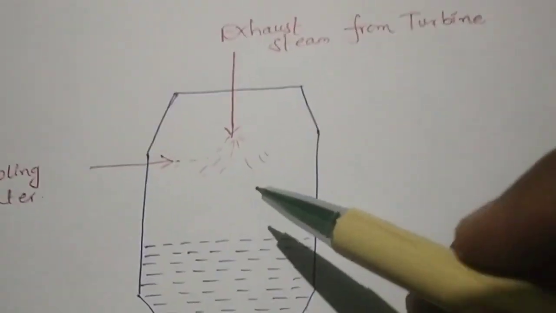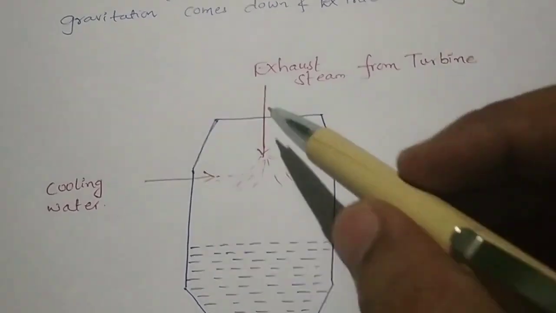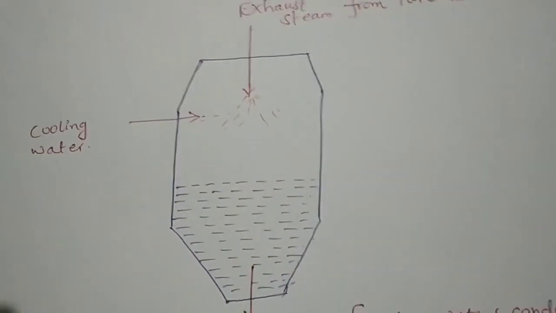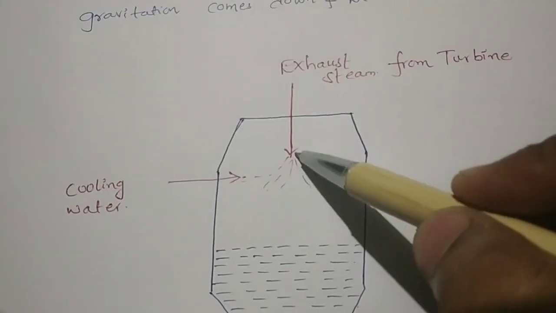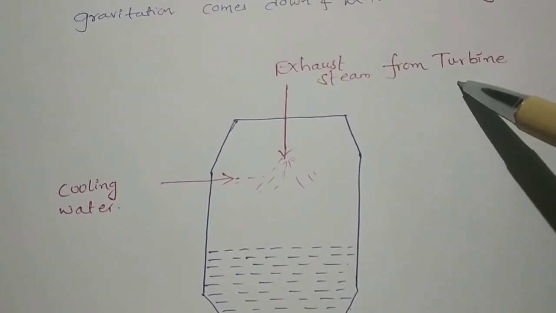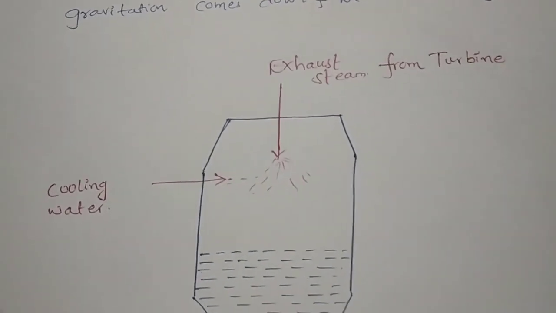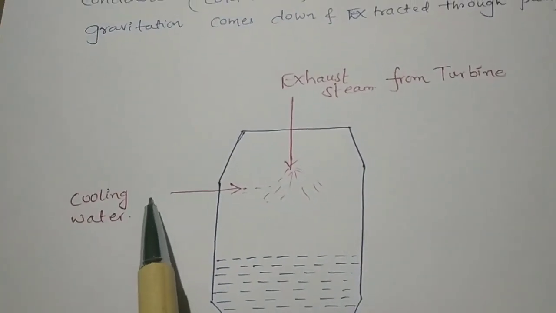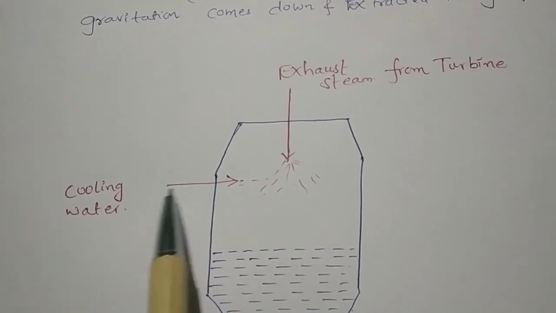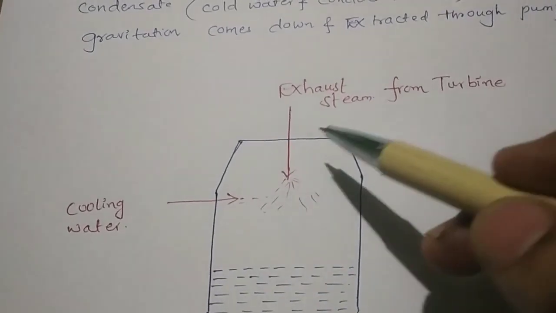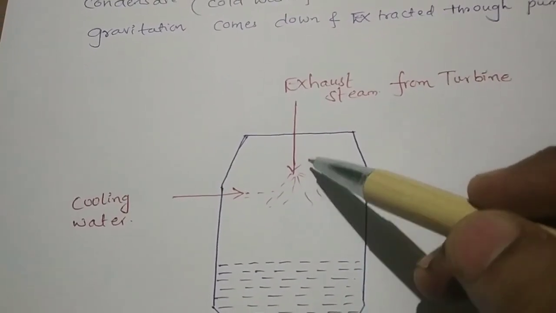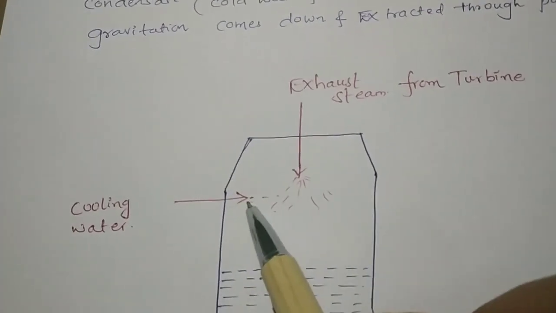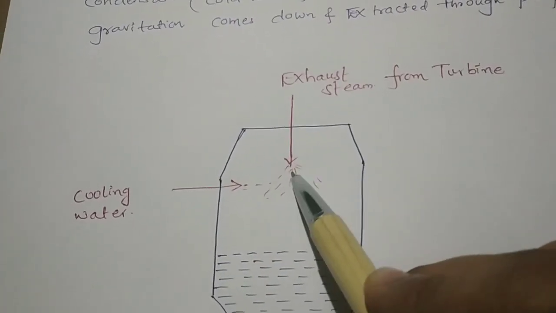See, now this is the diagram of the jet condenser. First, this is the complete shell of a jet condenser, just like the shell of a boiler. Here exhaust steam will come from the turbine, or you can call it the prime mover. That exhaust steam we take, and from here we spray the cooling water. That means we send the cooling water like a jet, and from here the exhaust steam comes. When these two are in direct contact, the cooling water sent through this jet is in direct contact with the exhaust steam. Here what will happen?